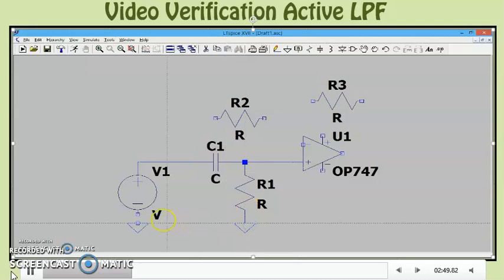The other end of R1 to the ground and the other end of the voltage source to the ground. R2 to R3, and R2 to the inverting input of the op amp, that is the negative input terminal of the op amp.